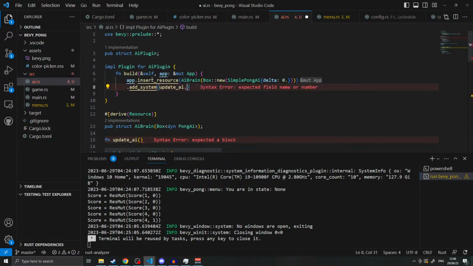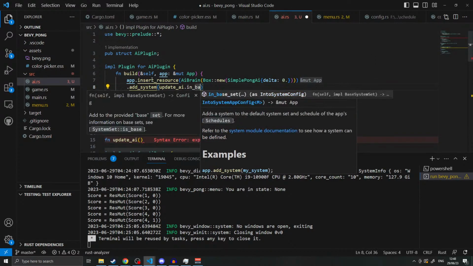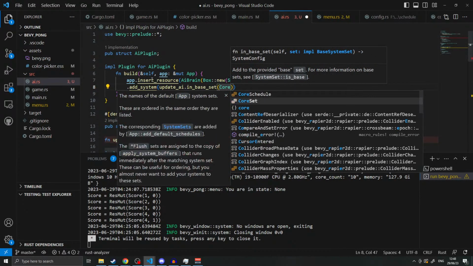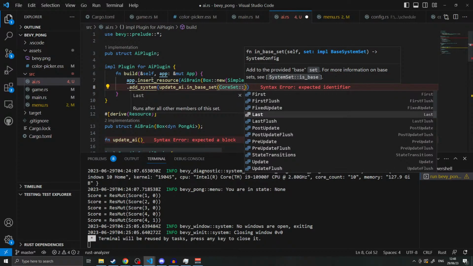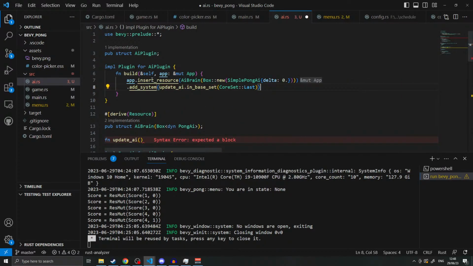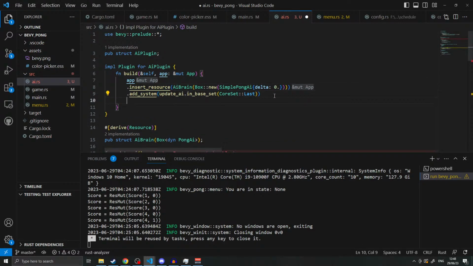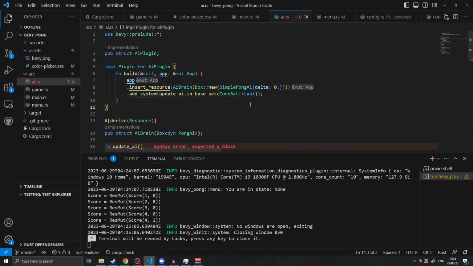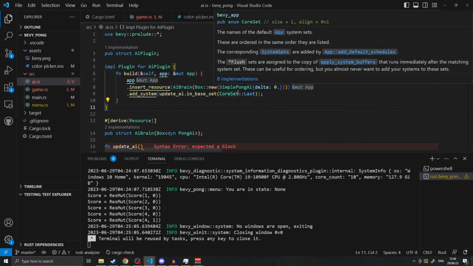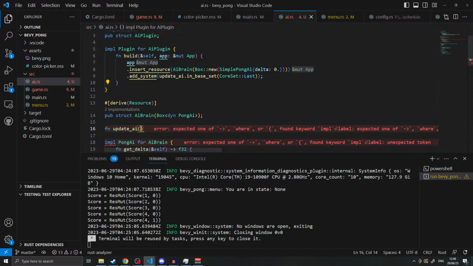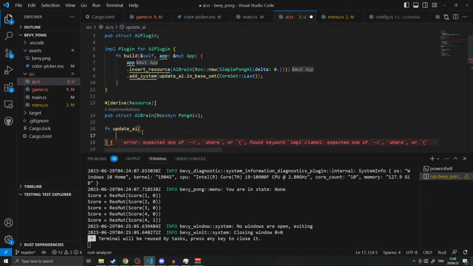And it's going to go dot in underscore base set core set last. Now, admittedly, that makes it even less parallelizable, but it's also an exclusive system, so I don't think it makes that much of a difference. But I'm putting it in the last base set simply so that all changes to the world have taken place before the AI does its update. Okay, so this is going to need